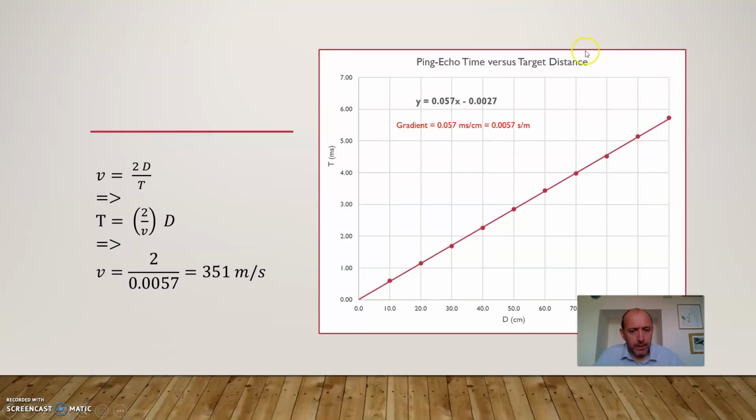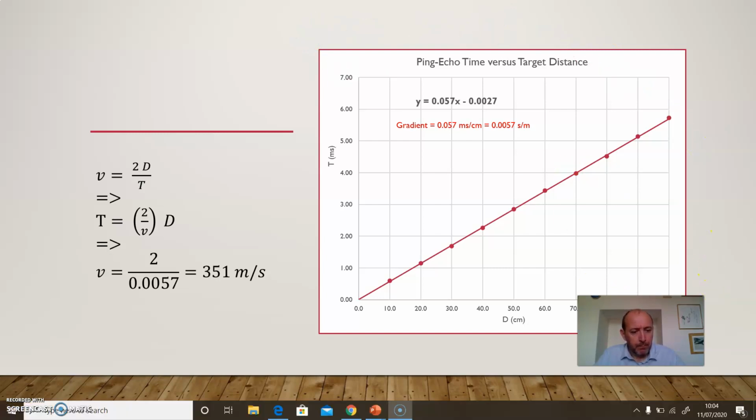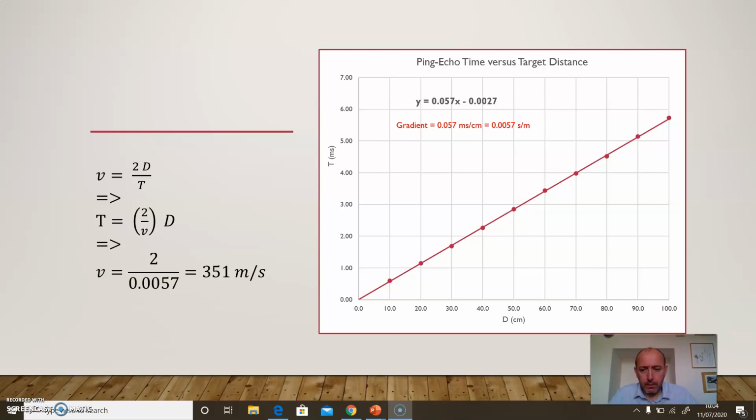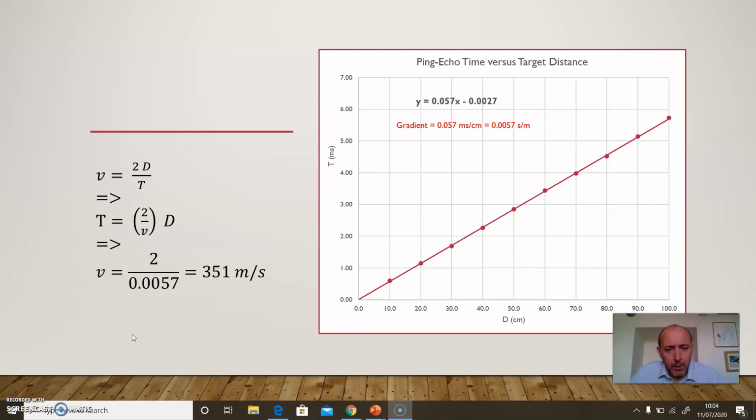and just explain the data analysis. So here I plot a graph of the ping echo time on the y-axis in milliseconds against the target distance in centimeters. And I did a linear regression, a curve of best fit or trend line, and you get a gradient of 0.057 milliseconds per centimeter. When we convert it into SI units, we get